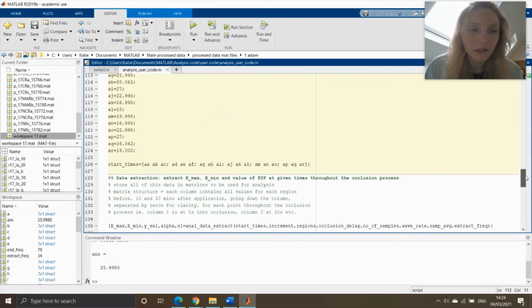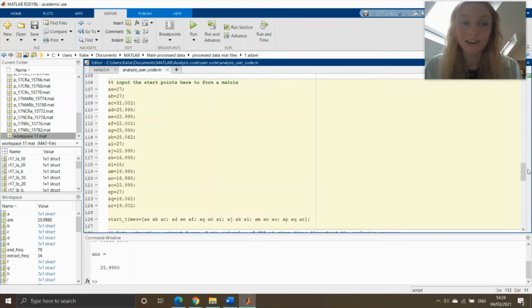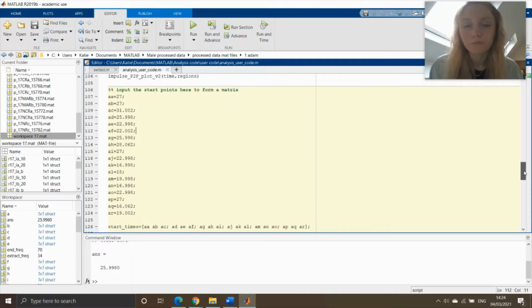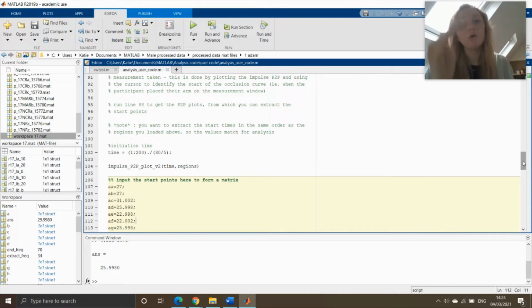I want my values here to correspond to LAs, LBs, LCs, because I formed the matrix in the exact same way. You could load them separately and then structure your matrix so that it corresponds appropriately. That might be a little bit complicated though, so just be mindful that those things need to match up. And you can carry that out on all of those graphs that it's going to load for you,